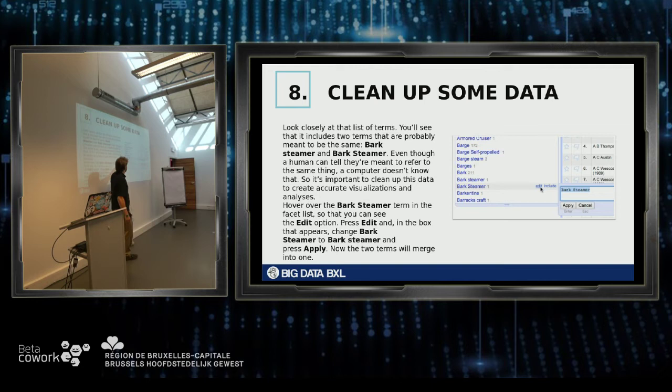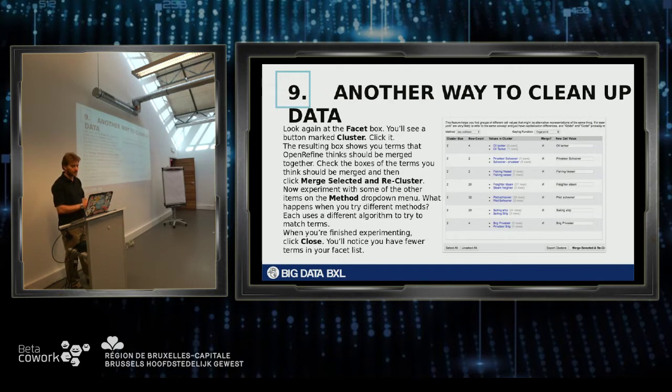Now this actually represents only one row, but if it were many rows, it would work for all at the same time. So you do it once, and it does it for all the instances. So for example, if I would change this bark into bark with a lowercase b, it would change all the 211 instances for which this cell has this value. So it's already pretty nice that it does these things automatically. You don't need to repeat it every time you see the value.